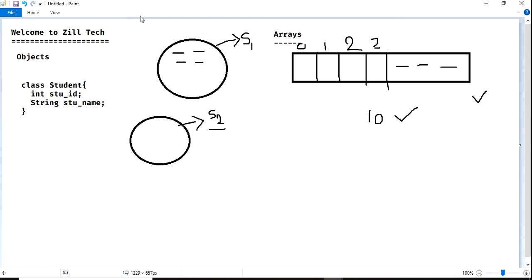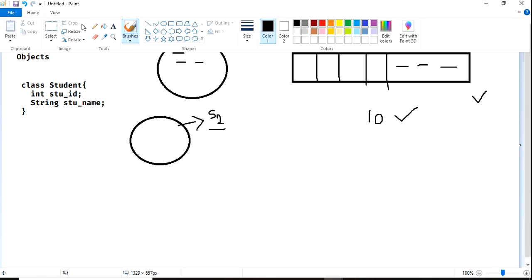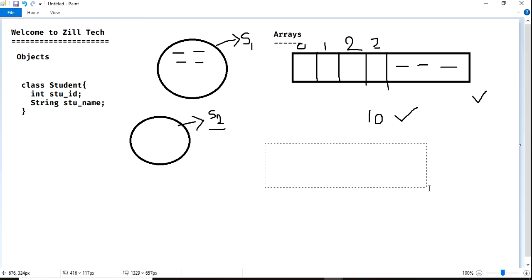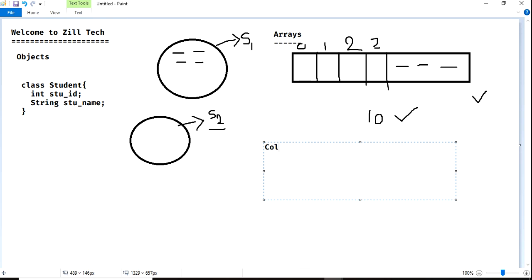To overcome all these problems, fixed length, searching and sorting, they introduced one concept called the collection framework. The collection framework is a collection of objects. It can be homogeneous, the same type, and different data types also.